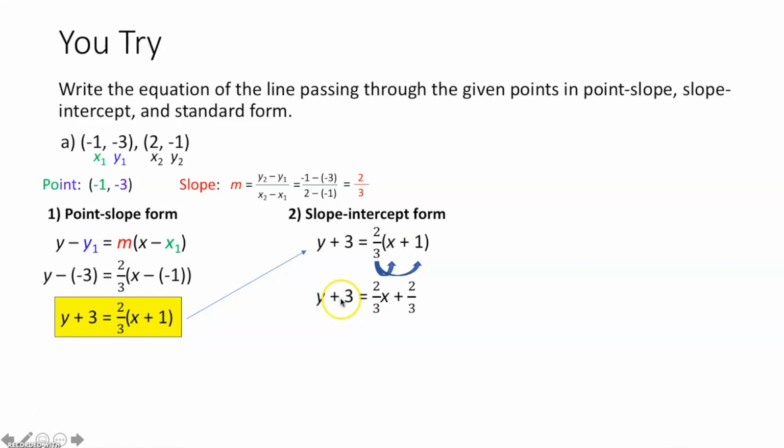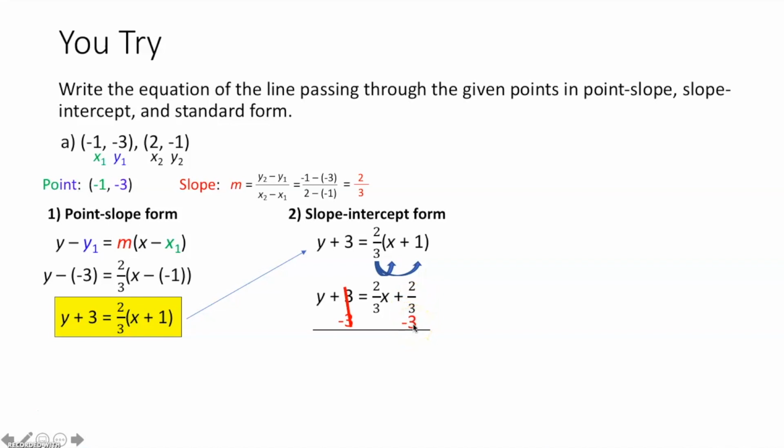Remember, in slope intercept form, I need to get y by itself. So this plus 3 has to go. How do I get that to the other side? Well, since it's plus 3, I do the opposite, the inverse. I subtract 3 from both sides. That way these cancel each other out, and I get y is equal to 2/3 x and then 2/3